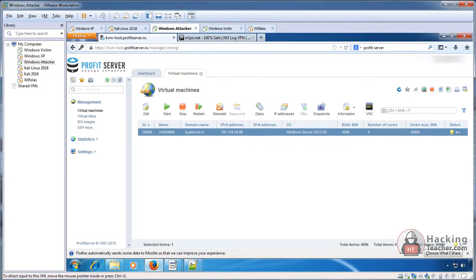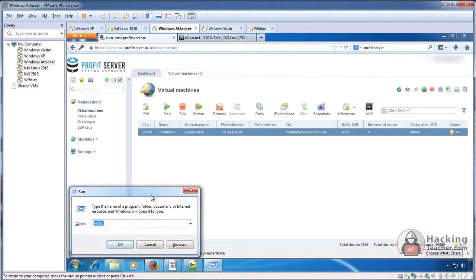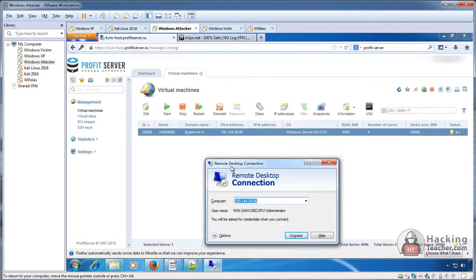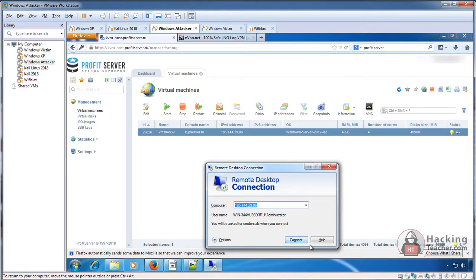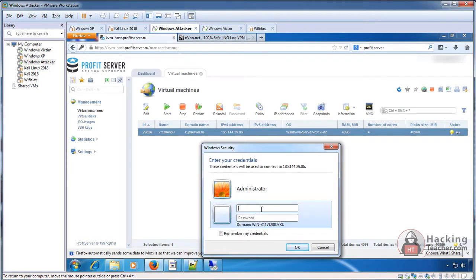Now how can you connect to it? I go to Run, mstsc, type the same IP here, and click connect. You have to type administrator, and there will be a password given to you.